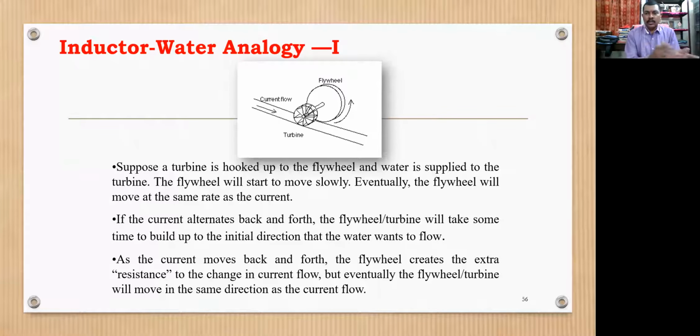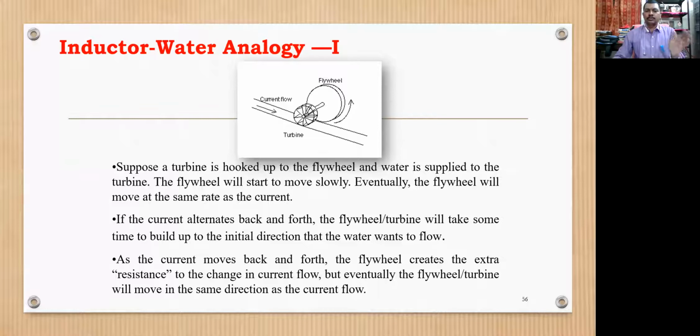So whenever there are changes, so whenever there is change in magnetic flux or whenever there is change in the EMF, right? So here we are going to change the current. Indirectly, it means that we are going to fluctuate the EMF. And whenever there is change in the EMF associated with a coil, then the magnetic field is generated or a EMF is generated, vice versa, depending on what we are going to change. So eventually, this is what we need to say when we talk about a water analogy circuit.